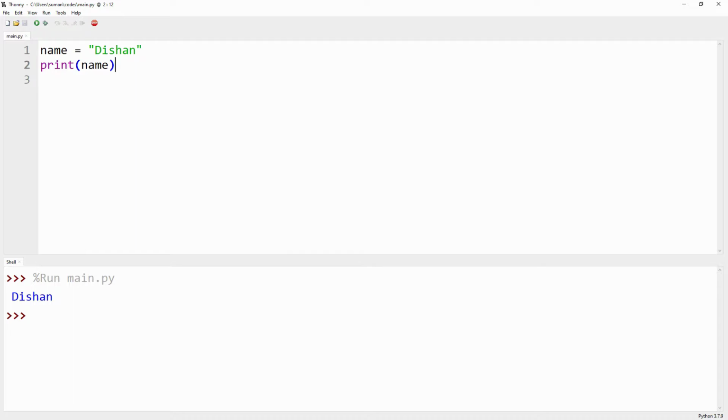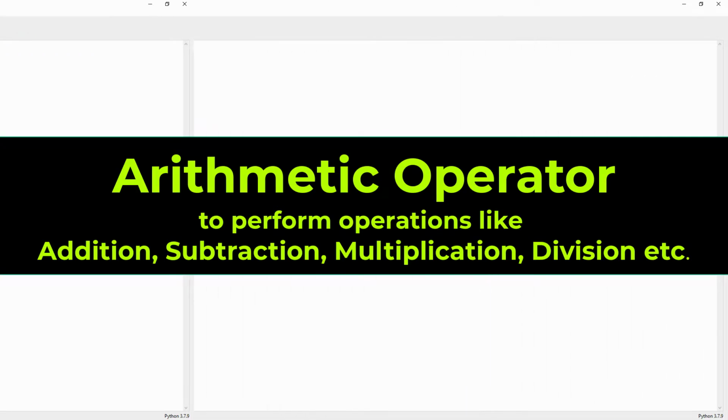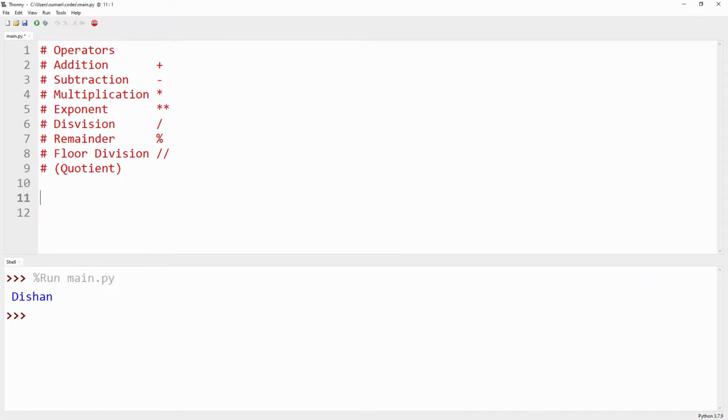Let's check the arithmetic operators. We use the arithmetic operators to perform arithmetic operations such as addition, subtraction, multiplication, etc. So friends, this is the list of the arithmetic operators used in Python. The first one is addition, and we use the plus sign. For subtraction we use the minus.